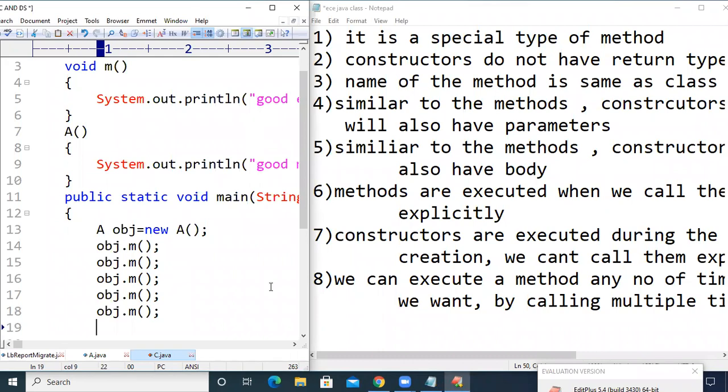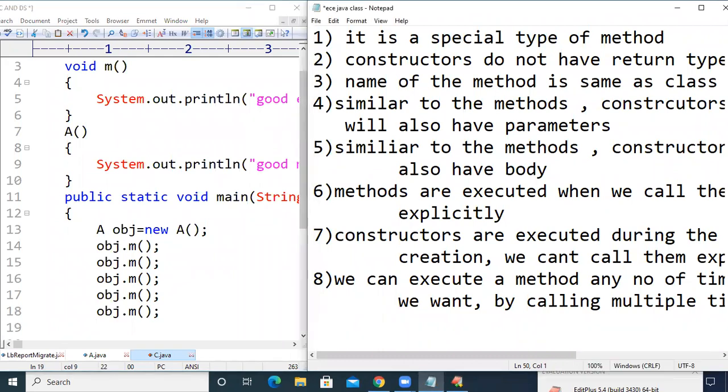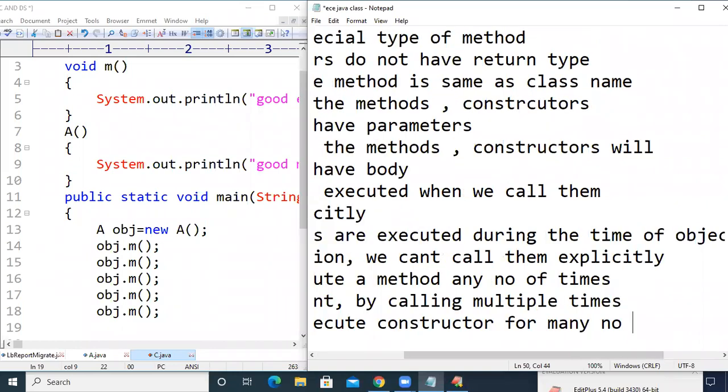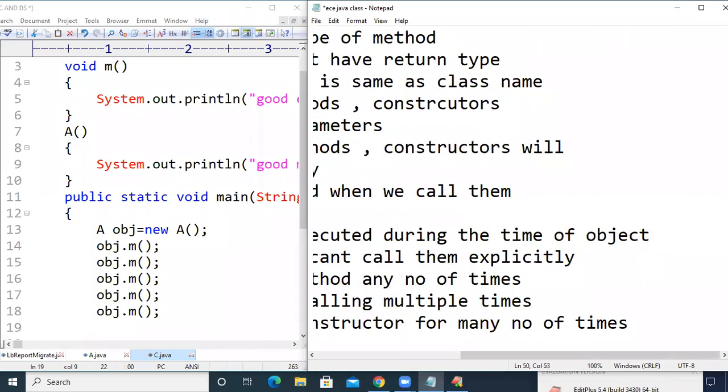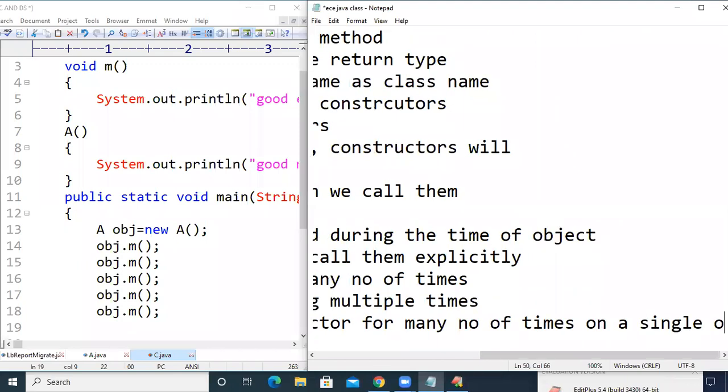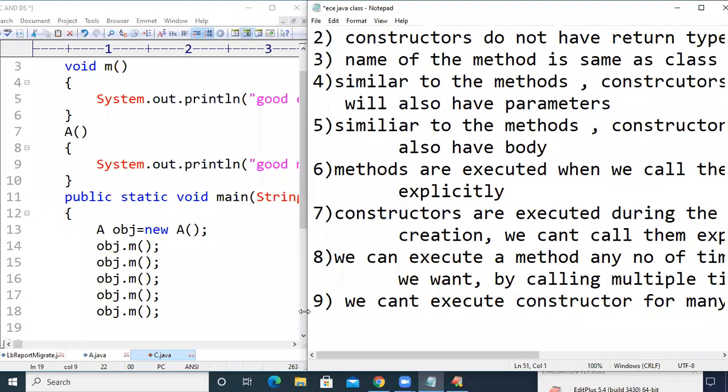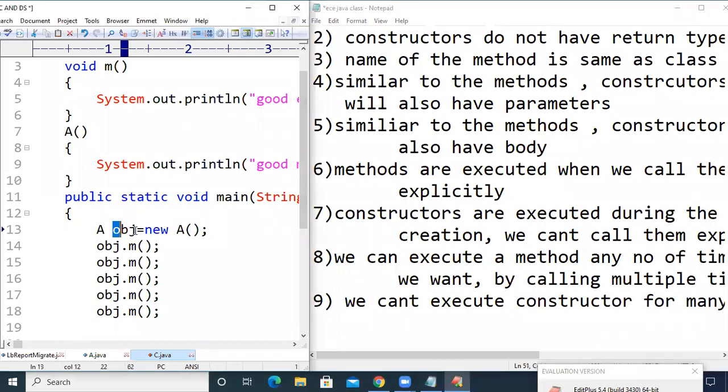But in case of constructors, we cannot execute a constructor many times on a single object. Here we have created only one object, and with that one object we are executing the method m for n number of times.